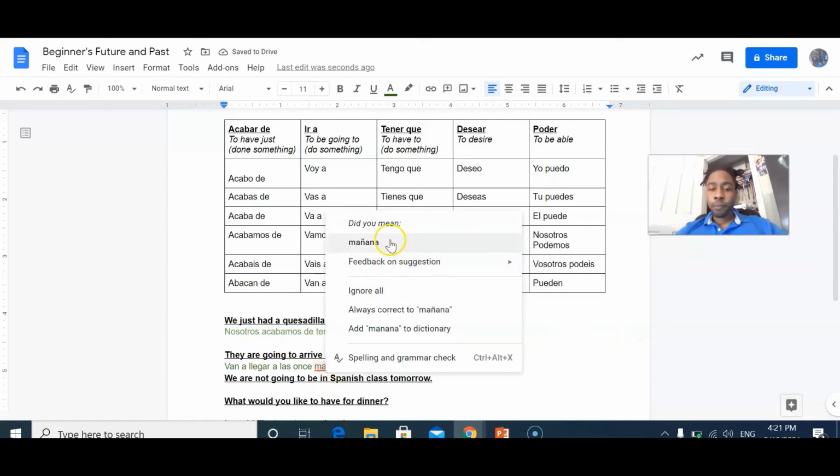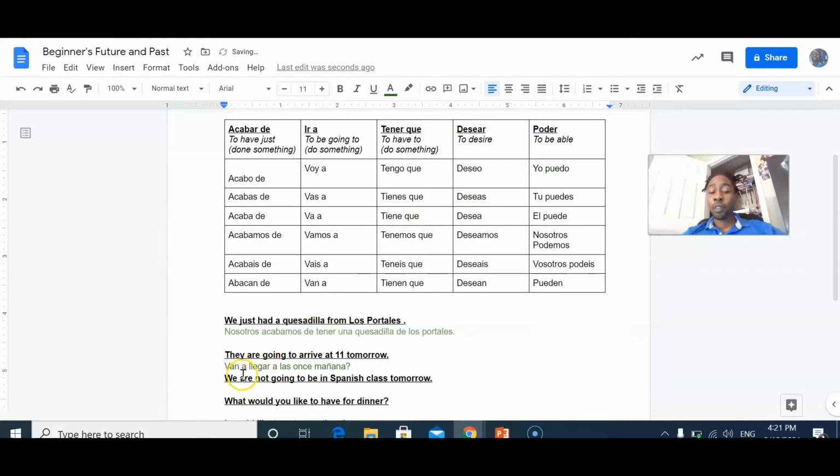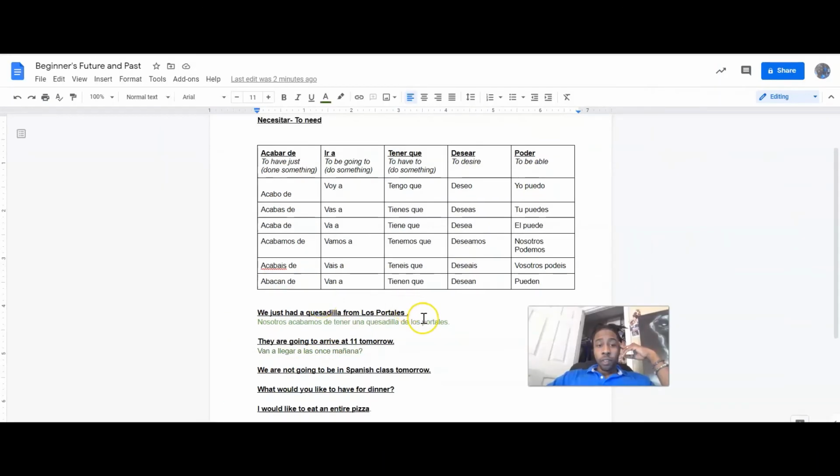So here we have they are going to, and we're choosing our verb to arrive. It's the form that hasn't been conjugated. And we're saying a las 11 mañana. Okay, recuerdan cuando vas a decir at 11, if you're talking about time, es importante decir a las 11. Si solo dices a 11, if you only say a 11, then it's not specific that you're talking about the hour.